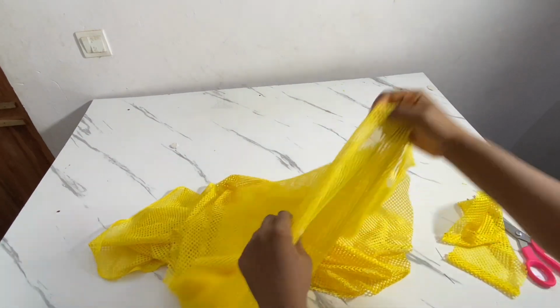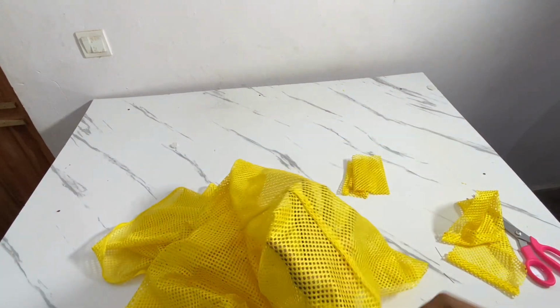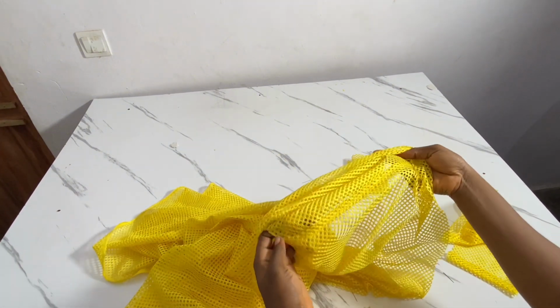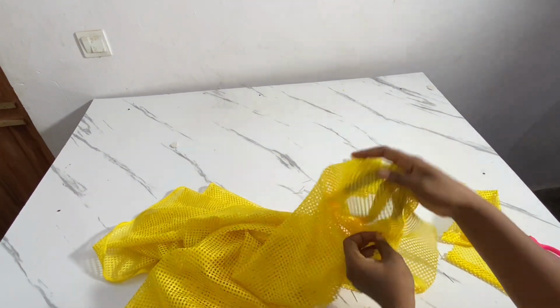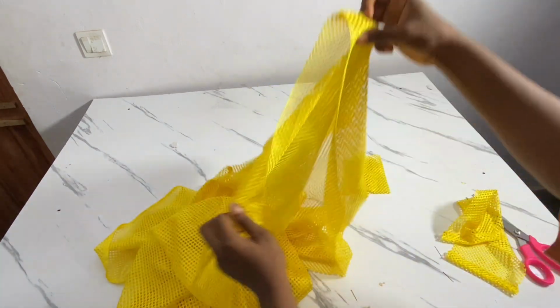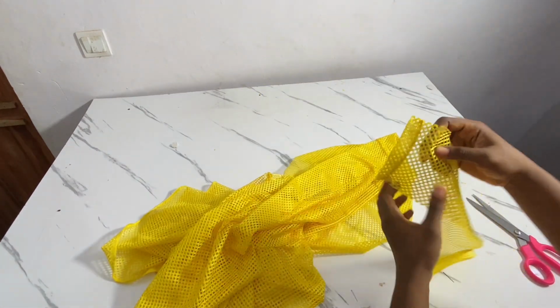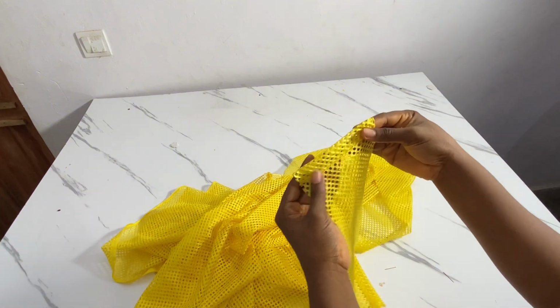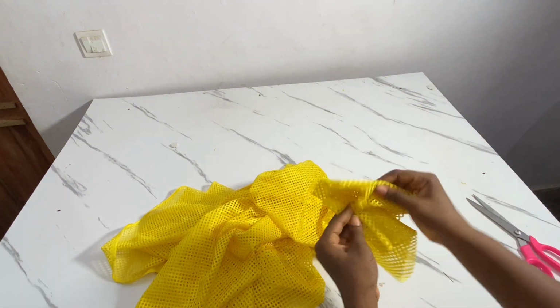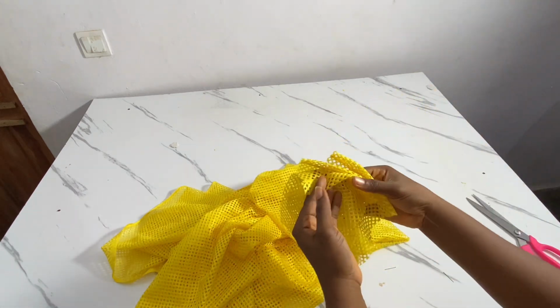So I'm back from the machine, I'm back from sewing. I had to sew the shoulder part and then top stitch because it's a net fabric. I wouldn't want to overlock. But if it's a normal fabric you're using, you have to overlock it so you have a neat finishing. And then I'm done stitching the 1 inch on the upper part and the lower part on these two attachments